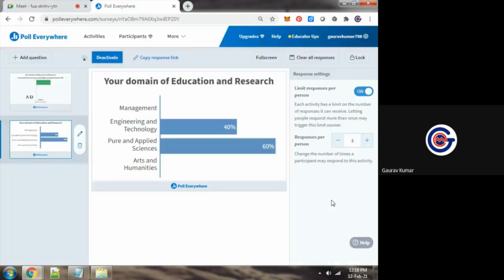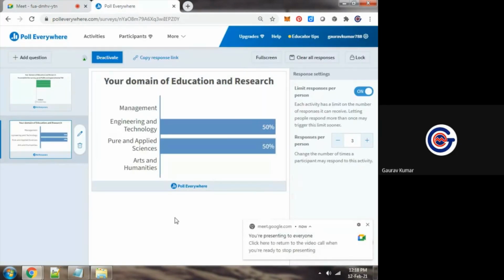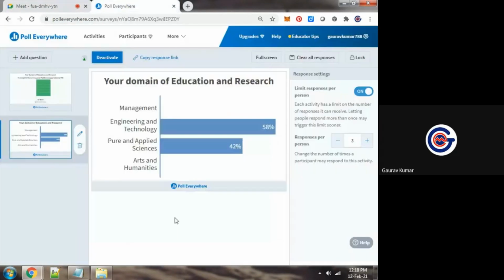Is this dynamic graph visible to all participants? As soon as some data is submitted from all of you, this graph is getting updated, similar to the audience poll in Kaun Banega Crorepati. You might have seen the audience poll in different reality shows and quizzes.